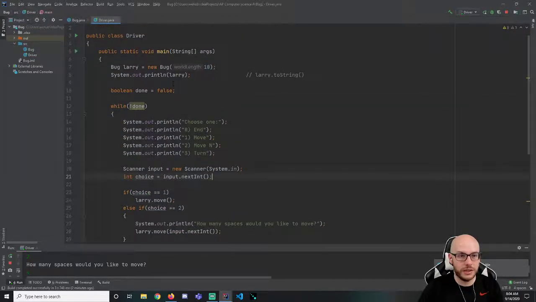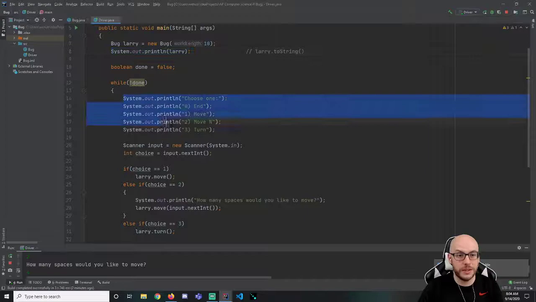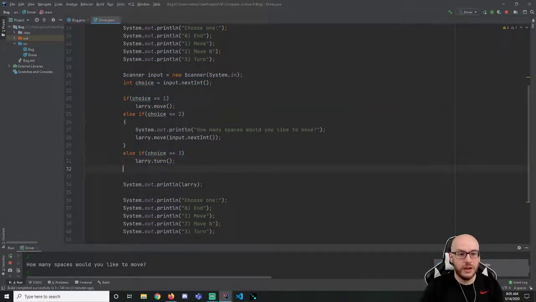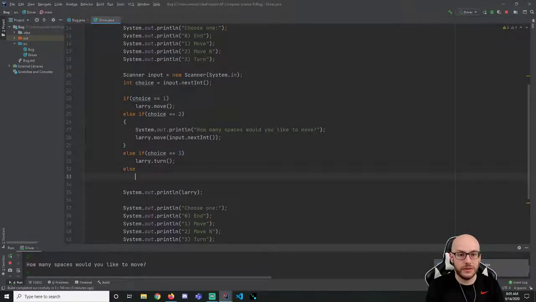So let's think about this logic. I create my bug, we see the initial state. We're going to start our loop. I'm going to present them with a menu. Here are our options. We're going to get that, and then we're going to process it. If they enter a 1, we'll move. If they enter a 2, we'll move a certain number of spaces. A 3 will turn. Otherwise, if they enter a 0, which you could say else if, or we could sneakily write this as just simply an else,